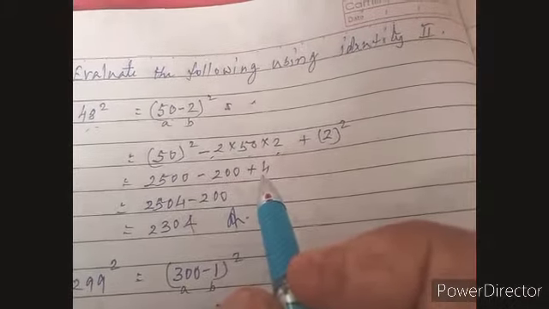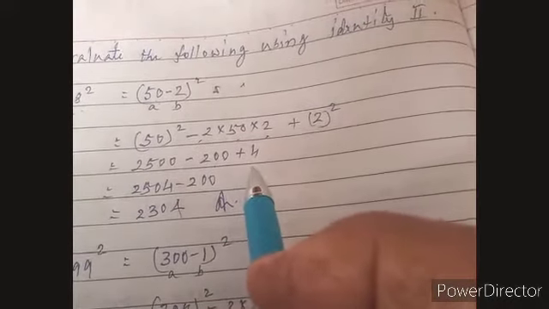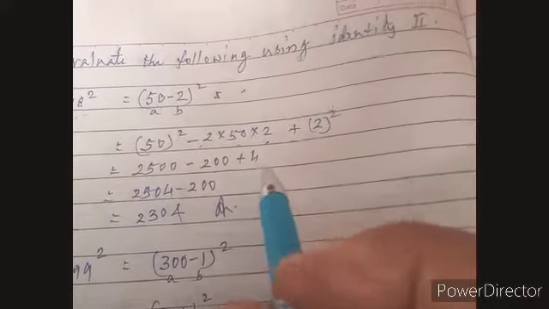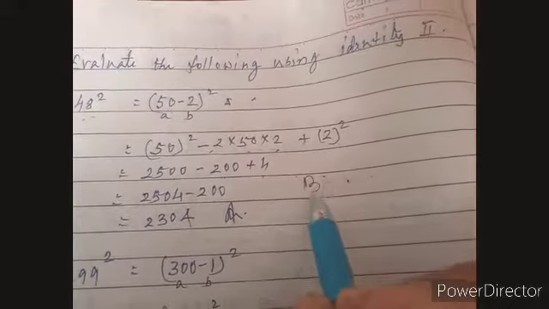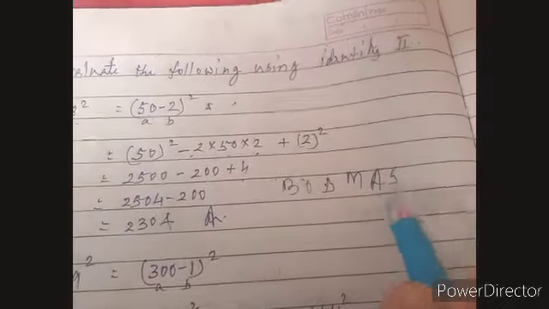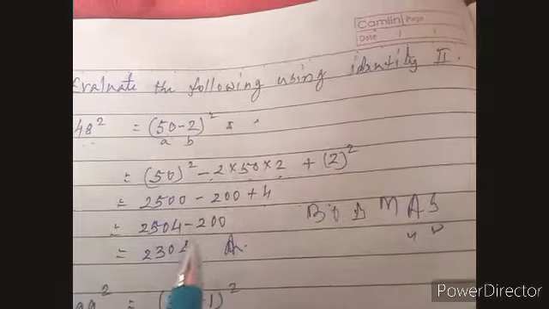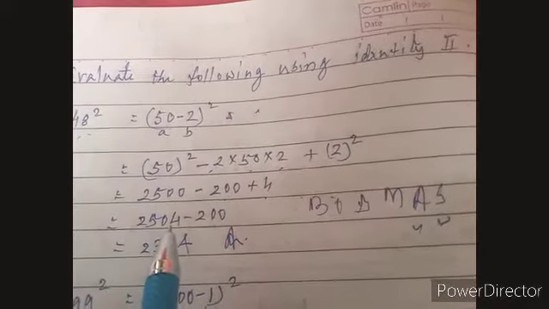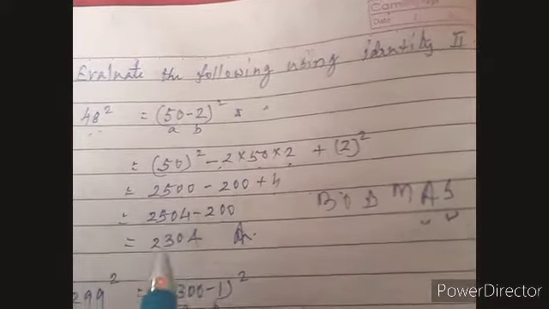That is wrong. According to the BODMAS rule, first addition, then subtraction. So we take 2500 plus 4, then subtraction, minus 200. It is 2304, the answer. Any problem? No. Now let us see